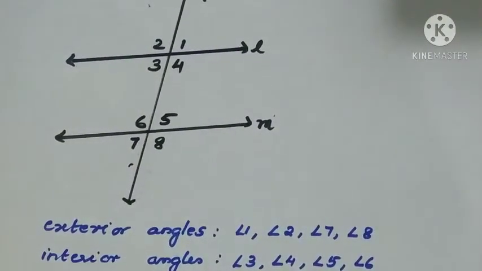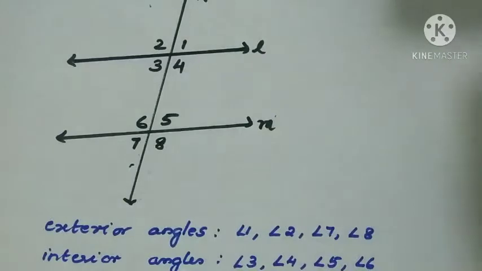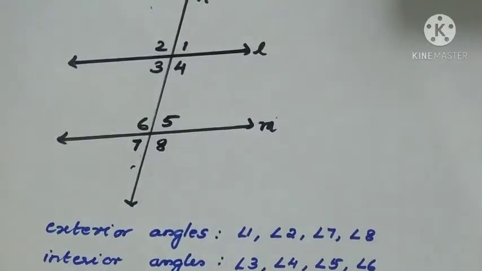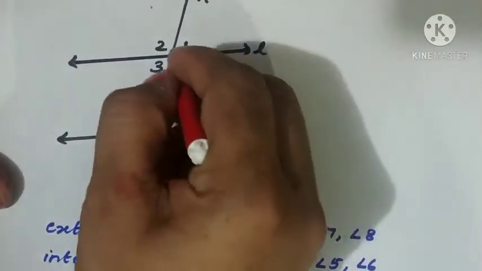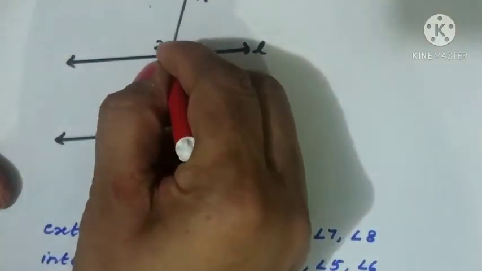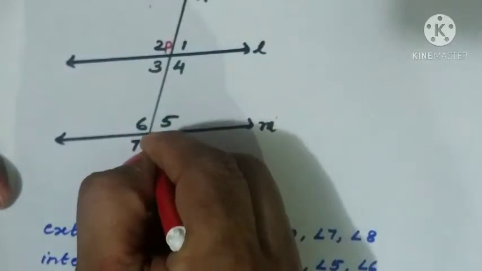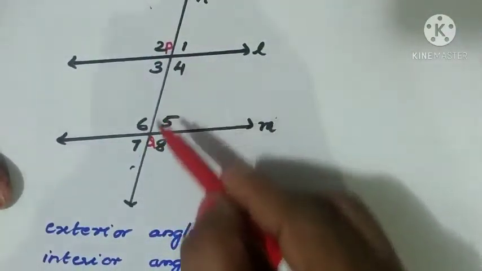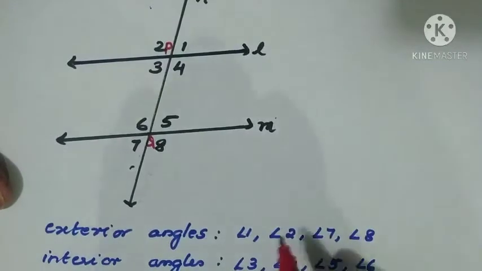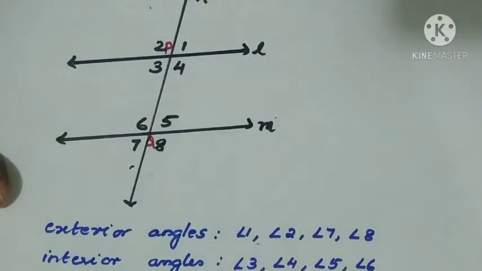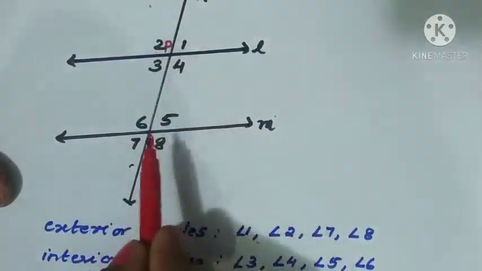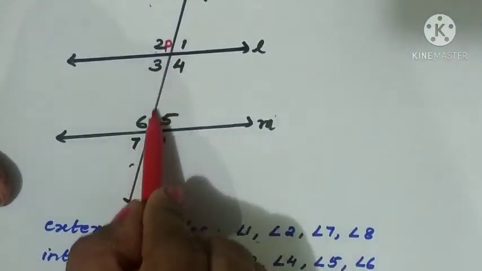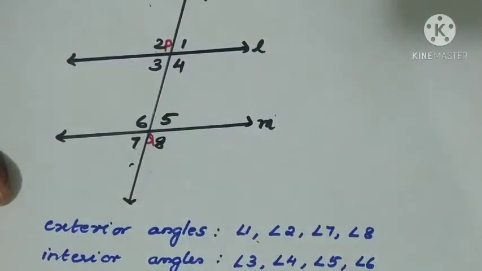See, the first one is exterior angle. Exterior angle is that angle which does not include the interior part. Let us see this diagram and mark these points. N cuts this line at P. Here I'll mark P and this is Q, right? So the portion PQ is not coming in the exterior angle. That means the angles are angle 1, angle 2, angle 7, angle 8. That is above the line. It is outside the line only, 1 and 2 and 7 and 8. So this portion PQ is not included in the exterior angle.